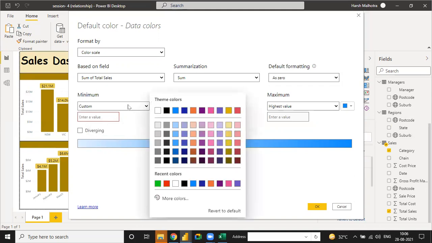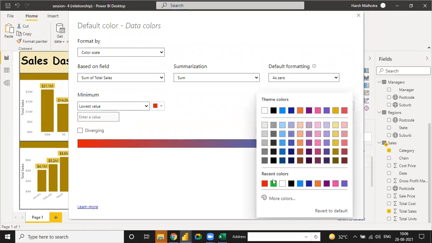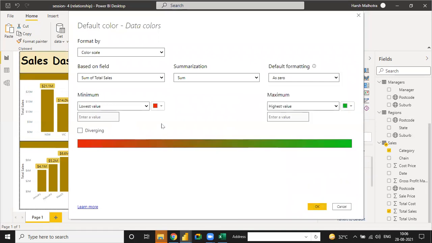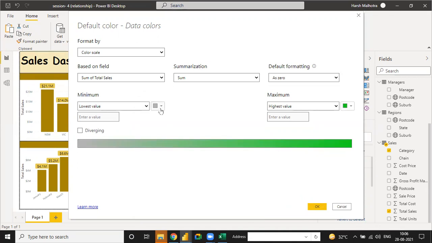Right now we are using the lowest value as red and the highest value as green, or you can choose another color. Suppose for the lower value you choose this one, and for the highest value you use this one.